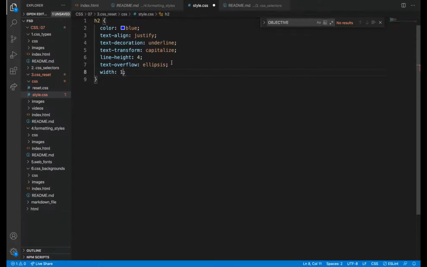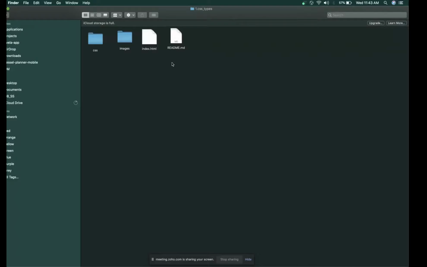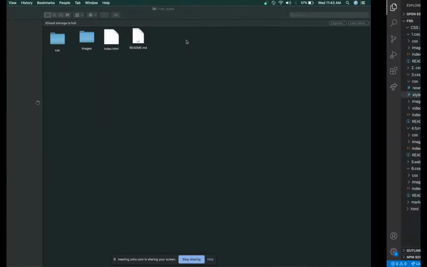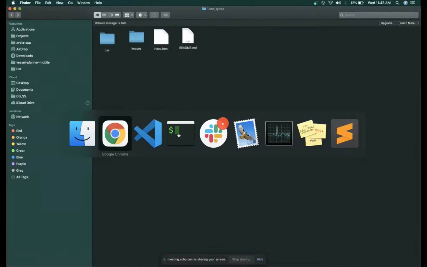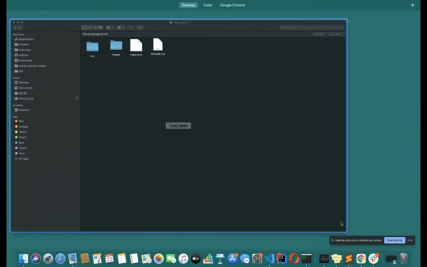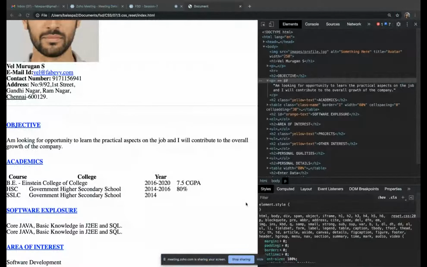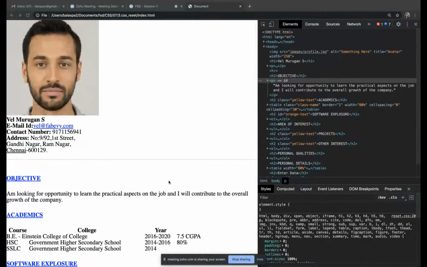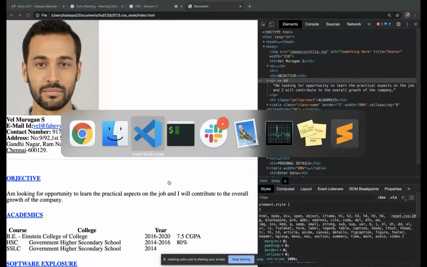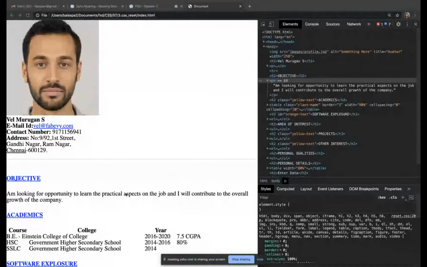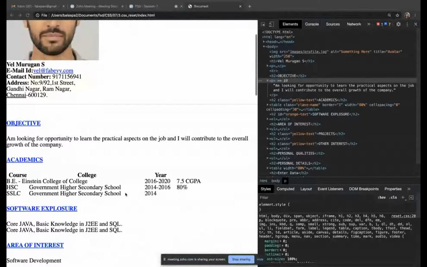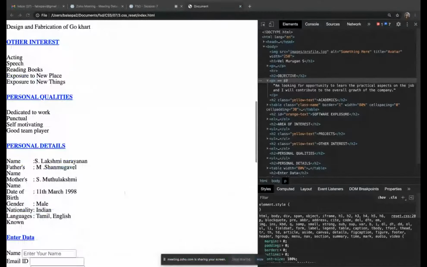Wait a minute. Where have I added which tag? H2 tag, not applied.